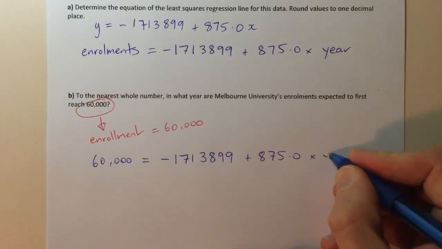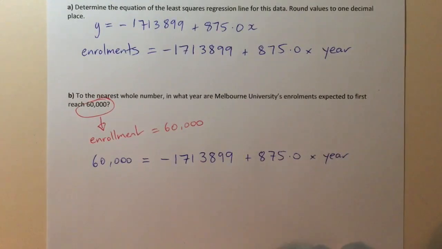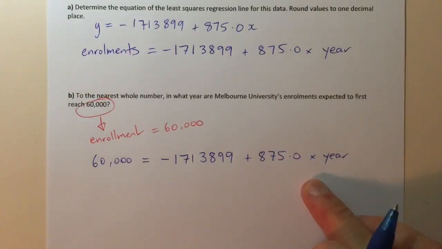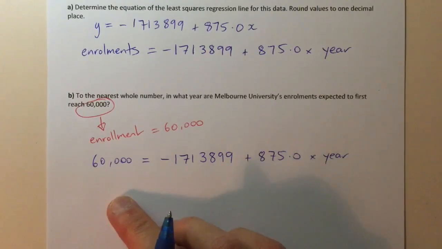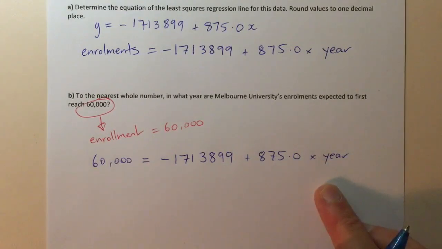Depending on how many marks the question's worth, you might need to write this line as a working out step if it was a 2-mark question. But what we're going to do from here is just pop this into our calculator and solve for year. And we're probably just going to use X as year. So I'm going to